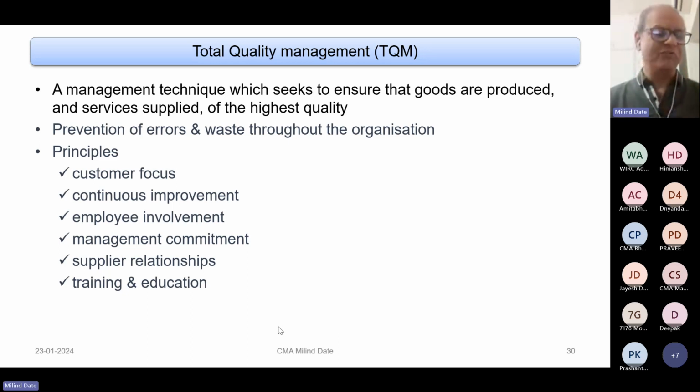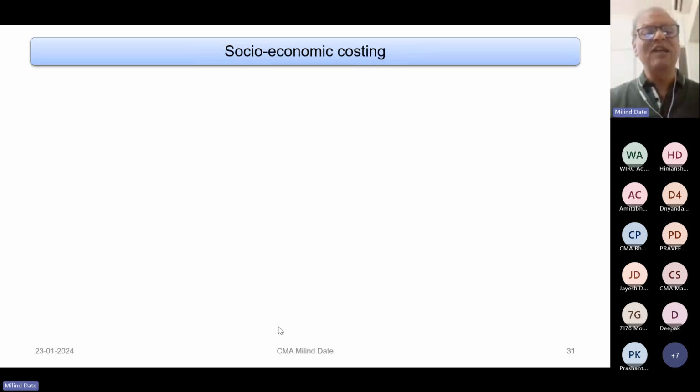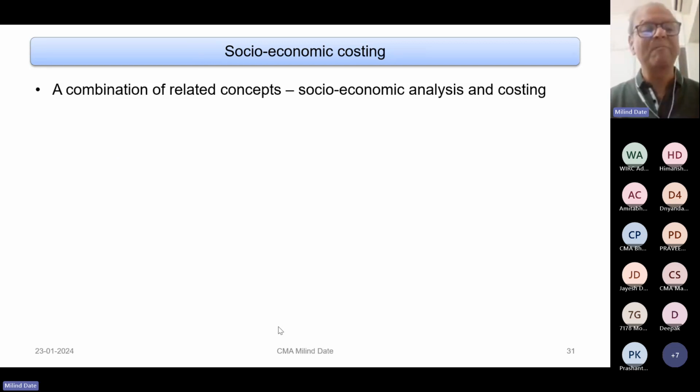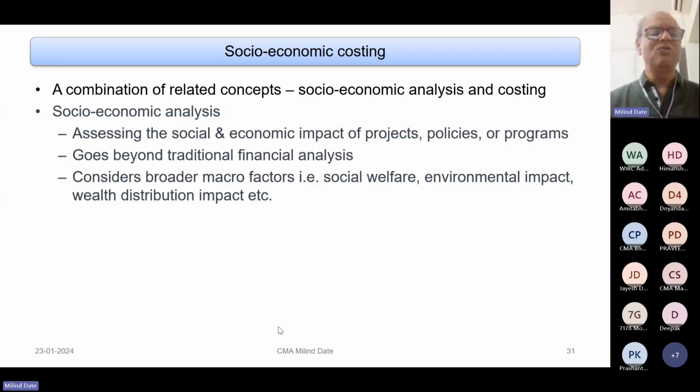And nowadays, with a lot of focus on ESG, as I said, the environmental part we discussed, there is a lot to have on socio-economic, which are interrelated concepts. You do a lot of social economic analysis and costing. What does it entail? It includes assessment of social as well as economic impact of projects which an organization carries out, its policies or programs. Any type of organization, private sector, public sector, government sector, even NGOs, will create some socio-economic impact.